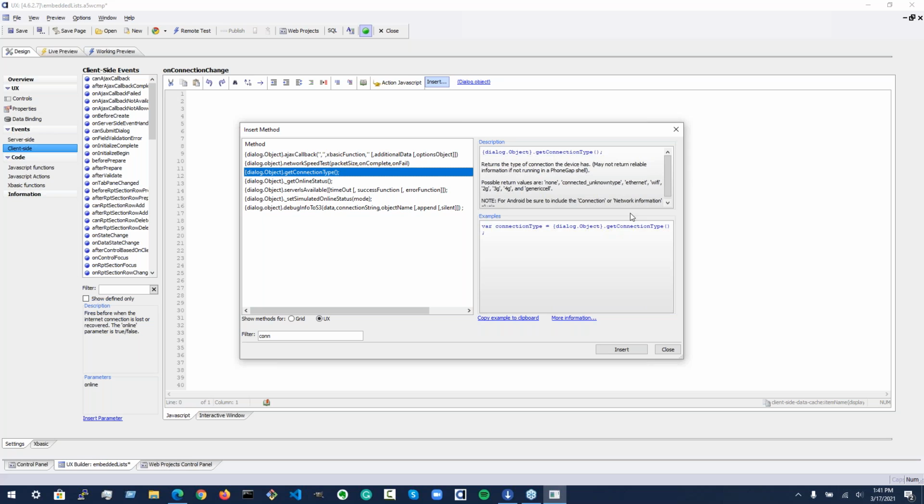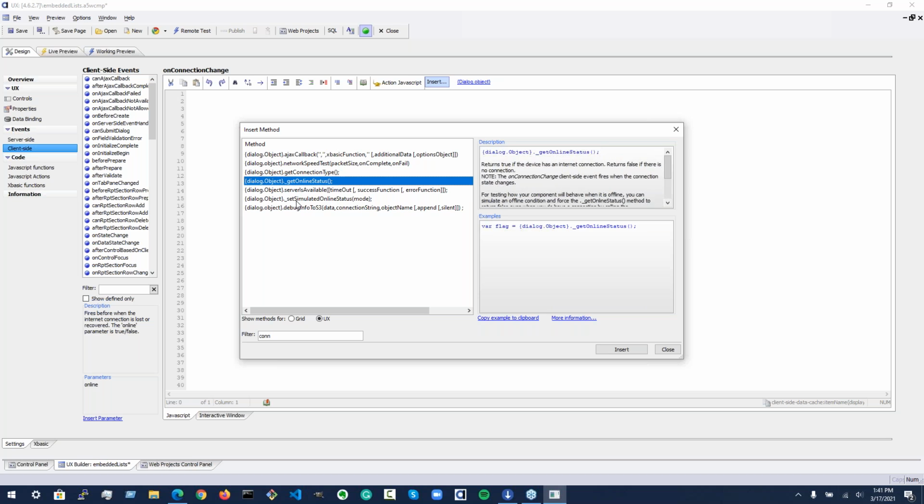There's a get connection type that tells you what type of connection you have, whether you're on Ethernet or Wi-Fi or on 2G or a generic cell connection. There's this get online status